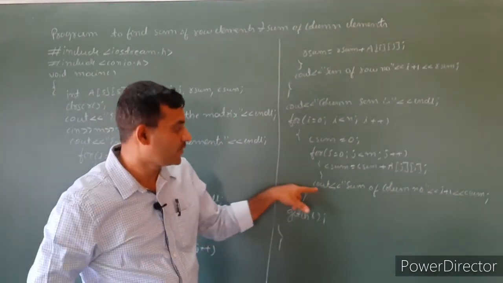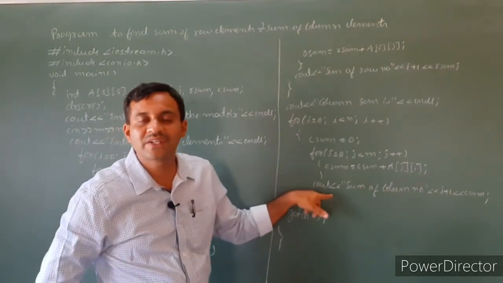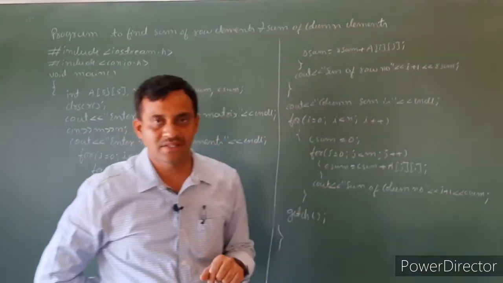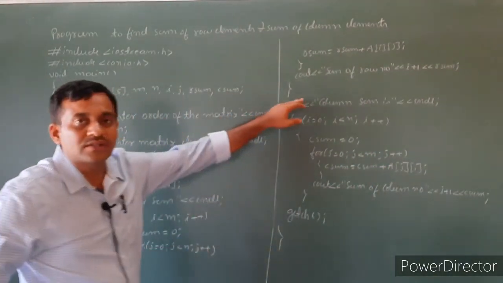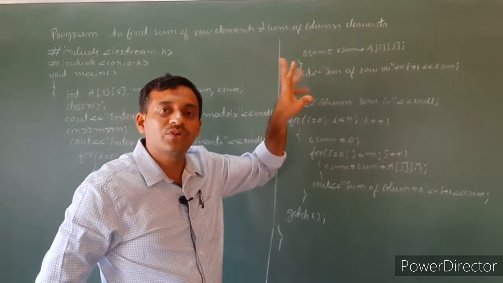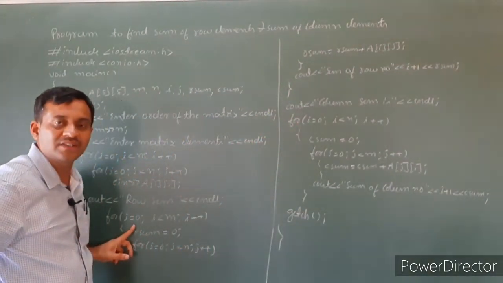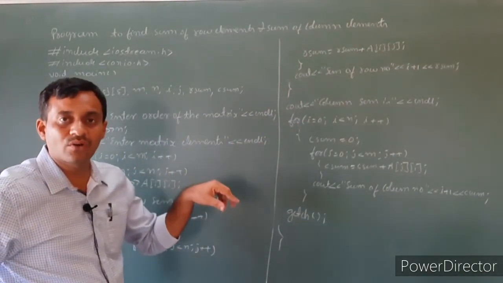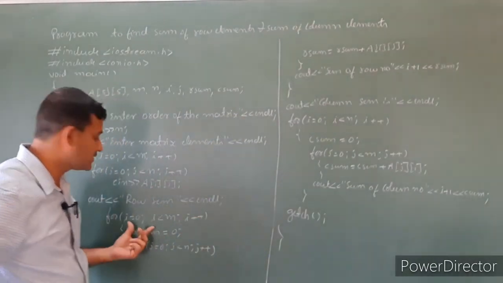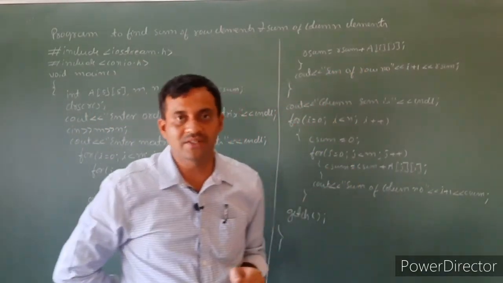See the position of the output inside the outer for loop. We have to print the sum of the first column, then the second column, third column, like this. Similarly for the row also. The output of the first row elements is inside the outer for loop. If the outer for loop i is incremented, it represents the second row. So before increasing the outer for loop, you have to print the sum of the first row elements.